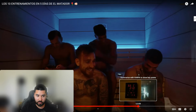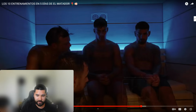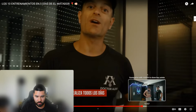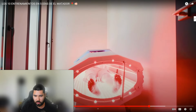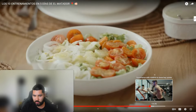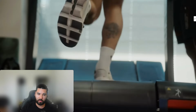Looks like some recovery: sauna, oxygen tent, and cryo, and red light. It's got all the bells and whistles in there. Okay. Then we're back on the treadmill. Aerobic indoors. Okay. So yeah, assuming he's just building more of a base,